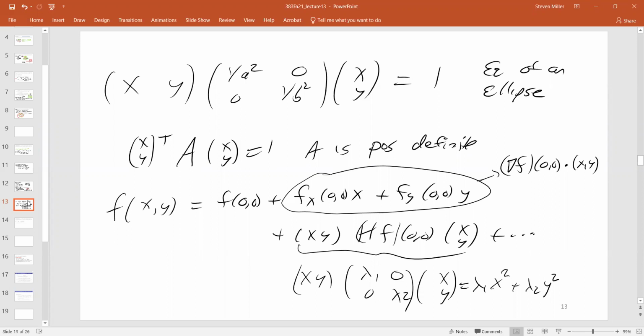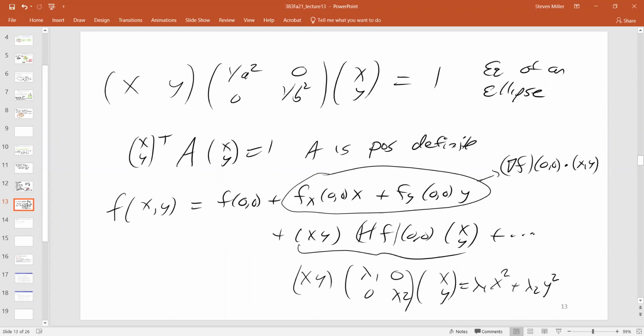This is multivariable calculus in a way that you can understand where these conditions come from. It all comes from linear algebra and just expanding the Taylor series about what's going on near the point of interest. And this is exactly what we were just doing with the ellipses, trying to write things down in a basis where things are nice.